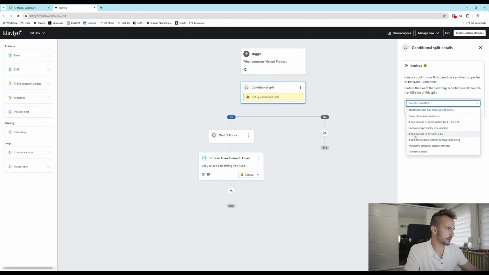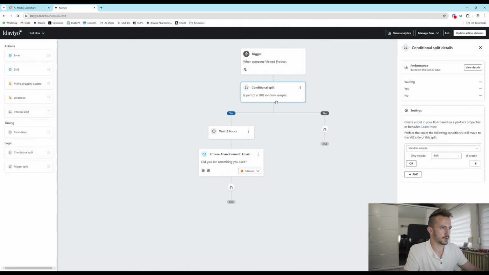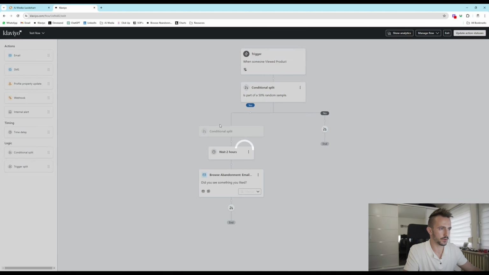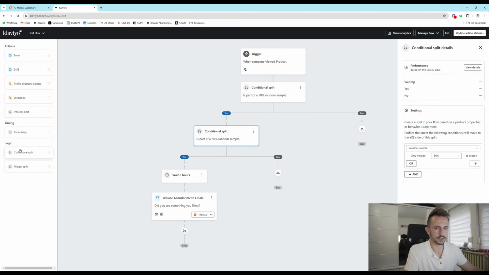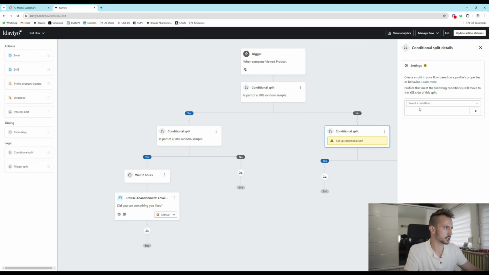Go here, select the random sample, and then only include 50% of people. Yes, which means the yes path will get 50% of traffic and the no path will get 50% of the traffic. And then, as I said, just repeat the same action here on the yes path, and then repeat the same action on the no path,